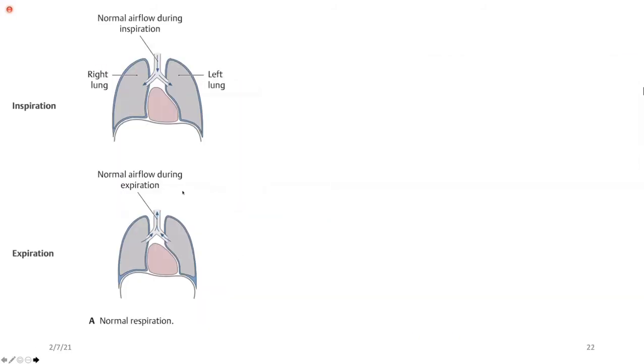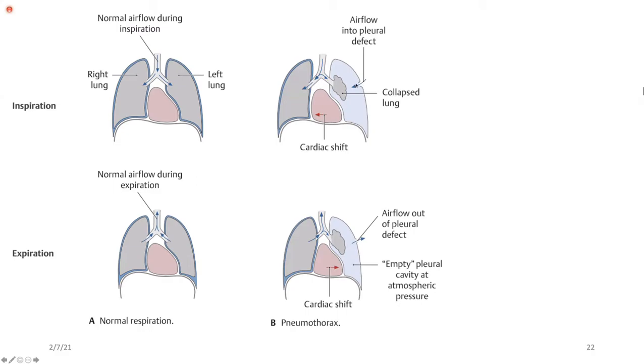Okay, guys. So now quickly I'll explain this concept and then I'll close it. This is a normal inspiration. We are taking in and we are exhaling out. Now, a situation comes. There is an injury, damage from external or maybe internal. So now air comes into my pleural space. Now I call it pneumothorax. With each inhalation, air sucks in, and with each exhalation, most of the air stays, but something goes out.